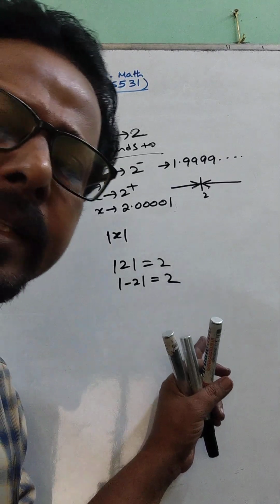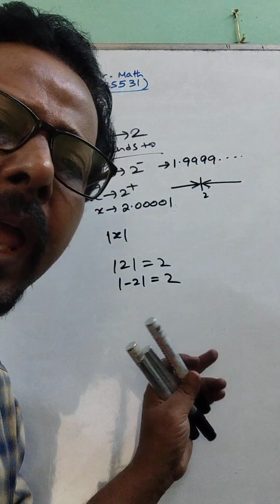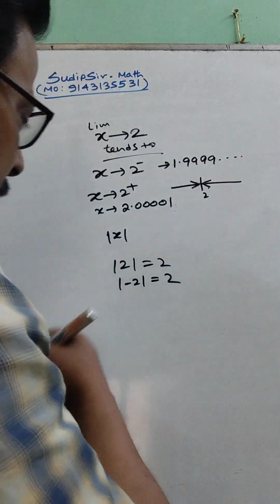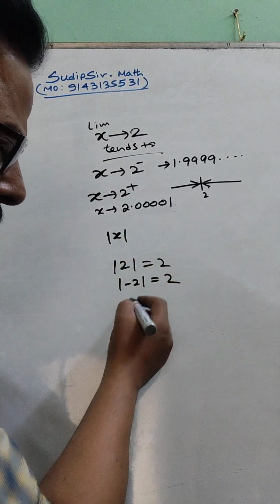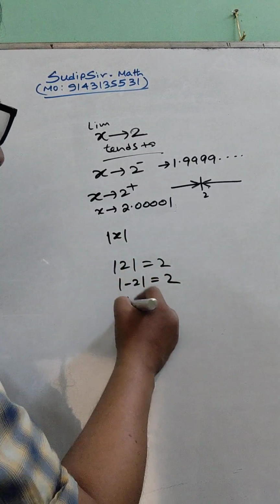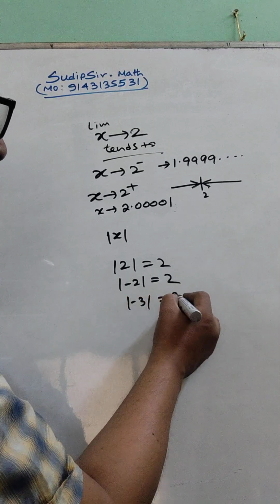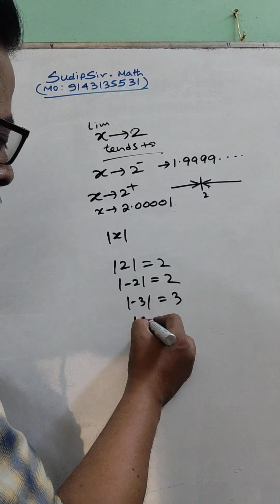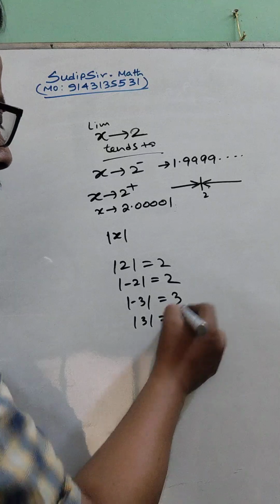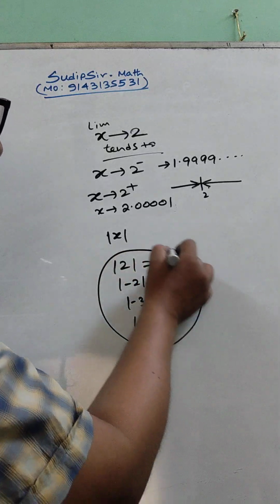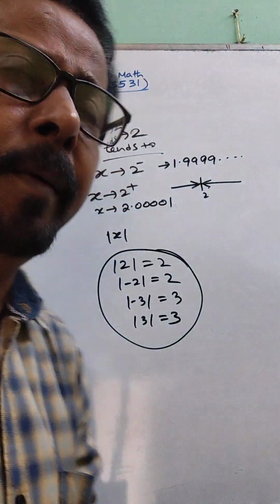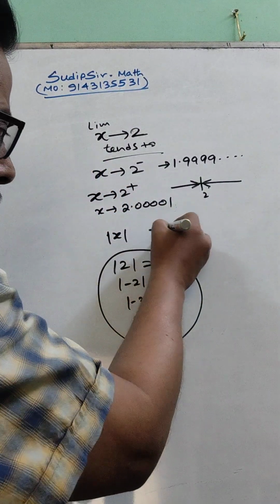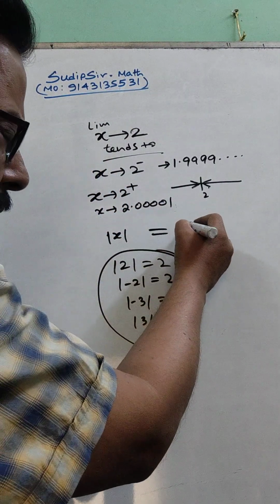So, mod is the absolute value of the function. Mod of minus 3 will be 3, mod of 3 will also be 3. Now, these values are numerically known, but for a variable, mod x can be defined